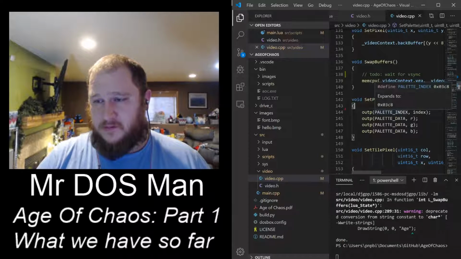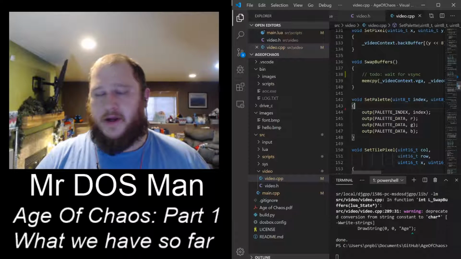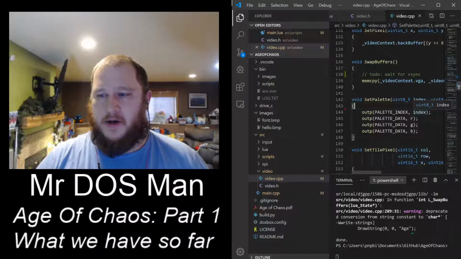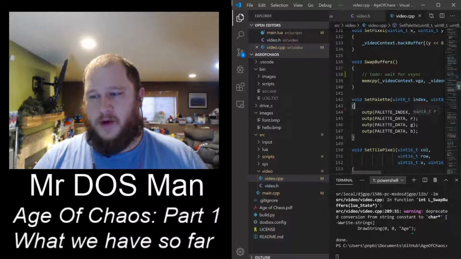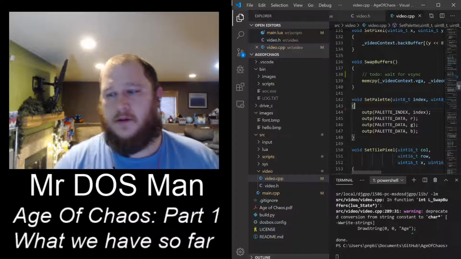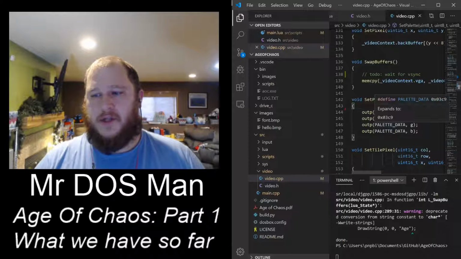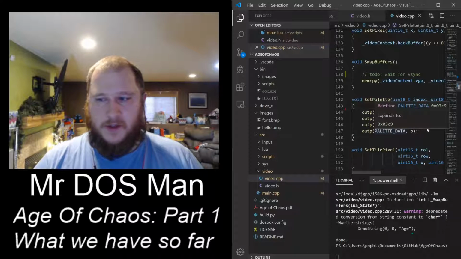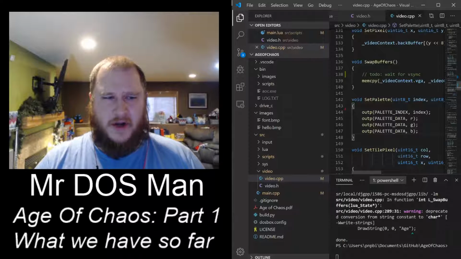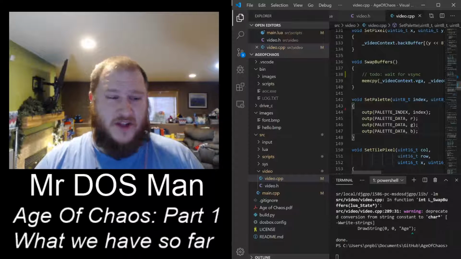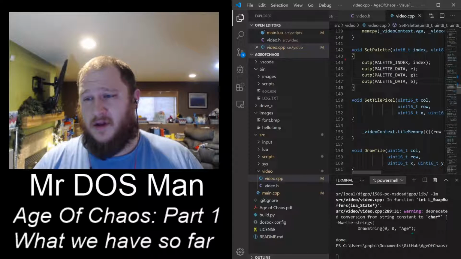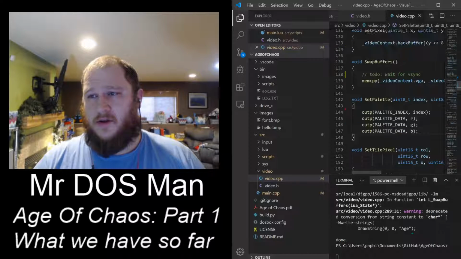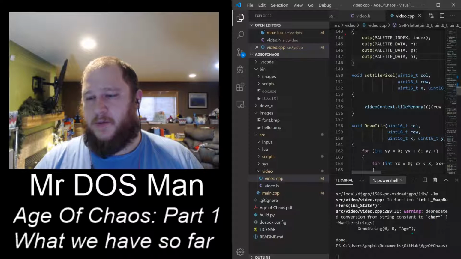So we write the index of what we're going to change to the palette index, and then we write the palette data to the same port over and over. So think about it like you're writing to a virtual COM port, but that COM port's actually the VGA card, I guess. So here we have set tile pixel,